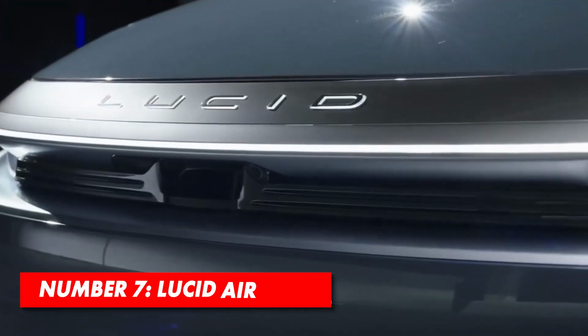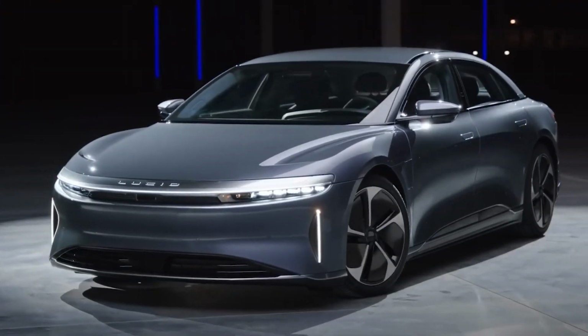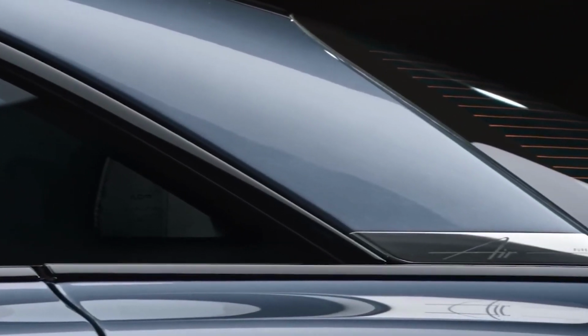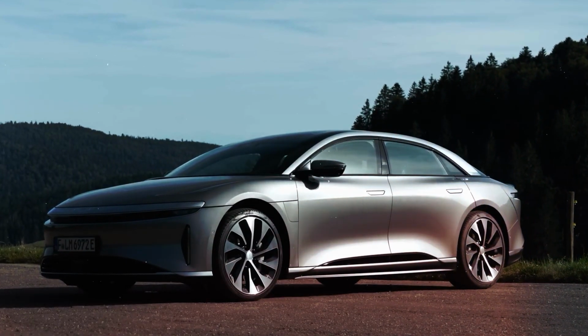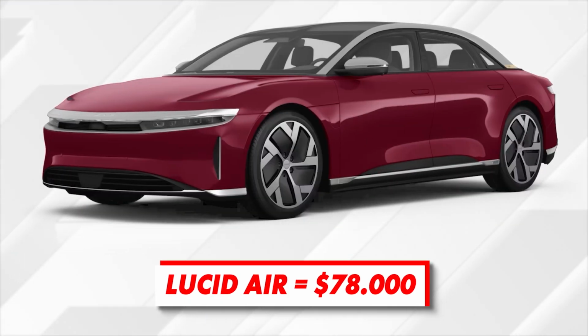The entry-level version of Lucid Air is the only electric vehicle on our list, and that's because it's probably the only one that successfully solves the main EV issues that consumers are facing today. Of course, we're talking about the range and charging. With a starting price of around $78,000,